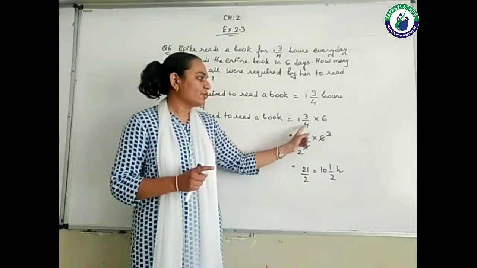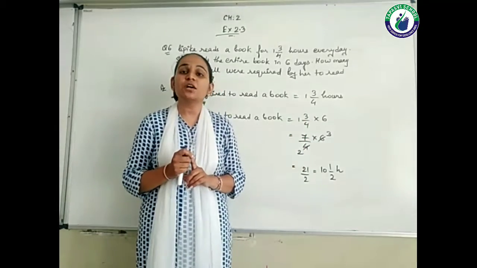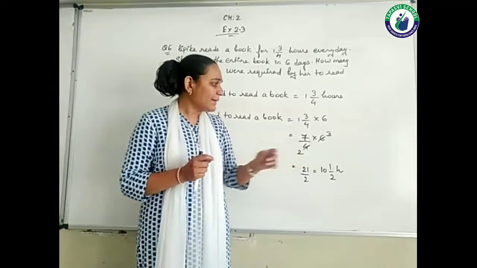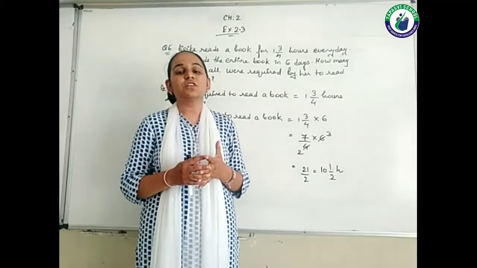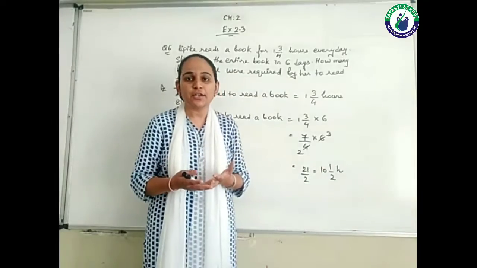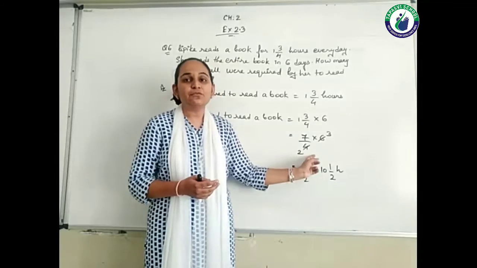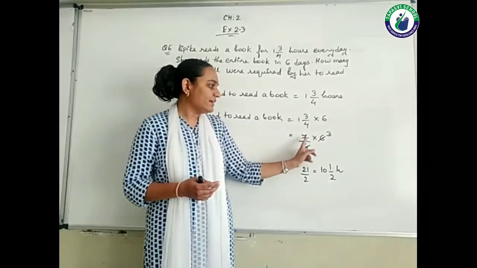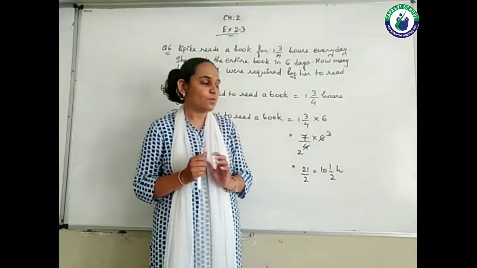So 1 4s are 4 plus 3, 7 upon 4. Students, whenever you get a mixed fraction, you need to convert it into an improper fraction. It is highly required. Multiply by 6. Now if you multiply by 6, then students, what happens? First we need to see whether the numerator and denominator can be cut or not. Yes, here it is cutting. So I have cut both 6 and 4 with the help of the table of 2. So 2 3s and 2 2s. Now 7 and 3 are remaining in the numerator, so we will multiply them, we will get 21.